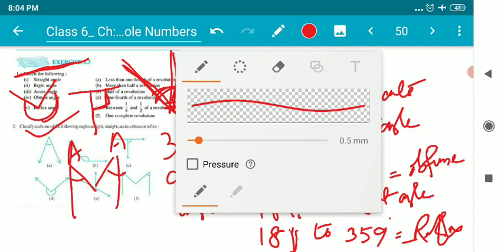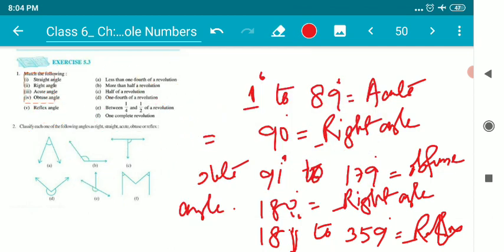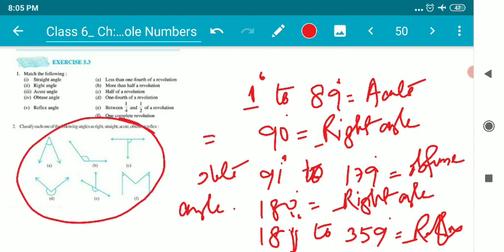So children, what is our homework? Your homework is to try out the sums which I've explained in this video in your maths classwork copy, in the white copy. For these figures, you will draw the figure using ruler and pencil. Do not use pen. The angles are to be drawn using ruler and pencil, and you have to mention the type of these angles, whether acute, obtuse, and so on. Please try these and submit the work in Google Classroom. If there is any confusion, let me know.